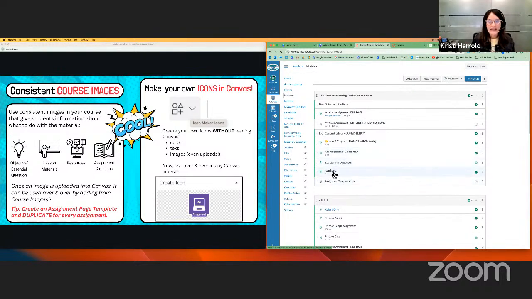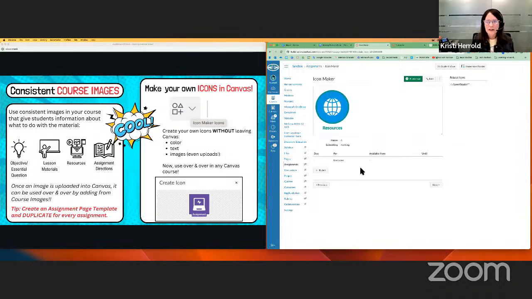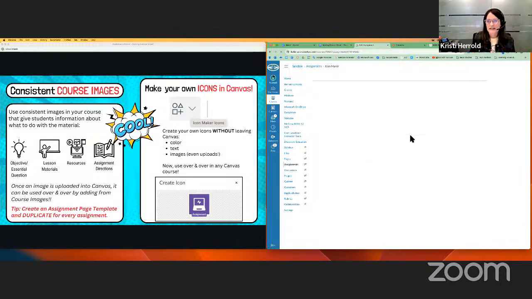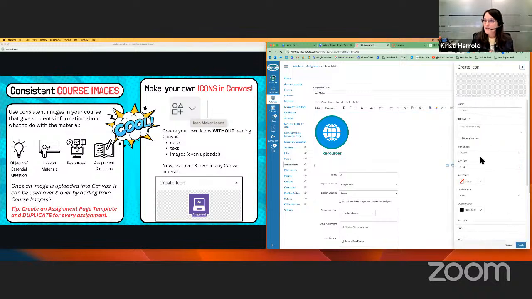One fun thing that you can do in Canvas is make your own icons. So I will show you what that looks like really quickly. If you're not the kind of person that wants to go find graphics or make them in Canva, that doesn't bring you joy. That's just a time waste for you. No worries. You can make them right here in Canvas. When you're in any page, an assignment, a discussion, any part of Canvas where you have the rich content editor, you have a little shapes button that is actually an icon maker. So you can access any saved icons you've already made, super for different Canvas classes, or you can create your own. And you start right here